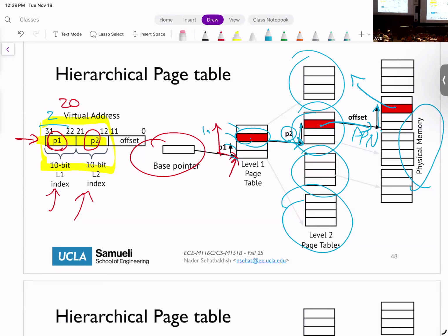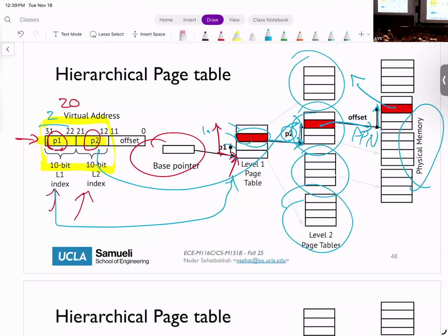So I take the first index, I index through the first table, and that gives me the base pointer of the second table. I go to that second table and use the second-level index to index through it, and that gives me the actual PPN, okay?